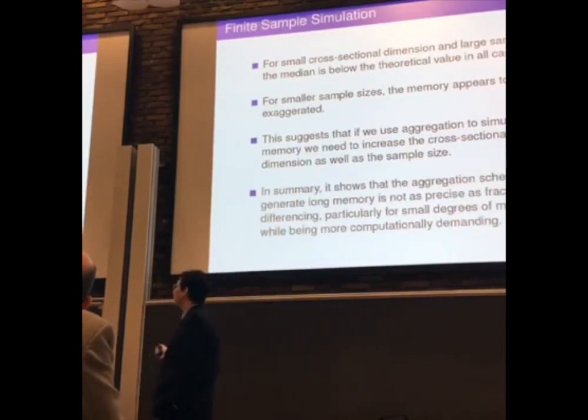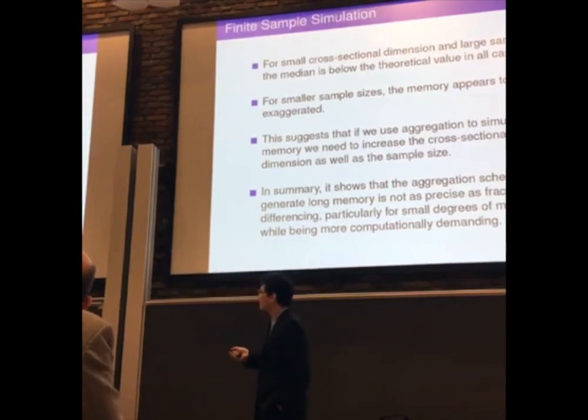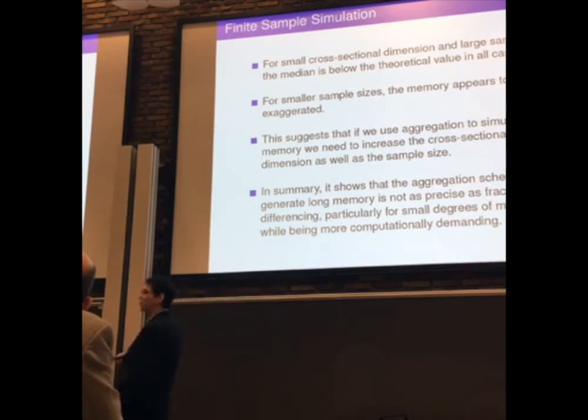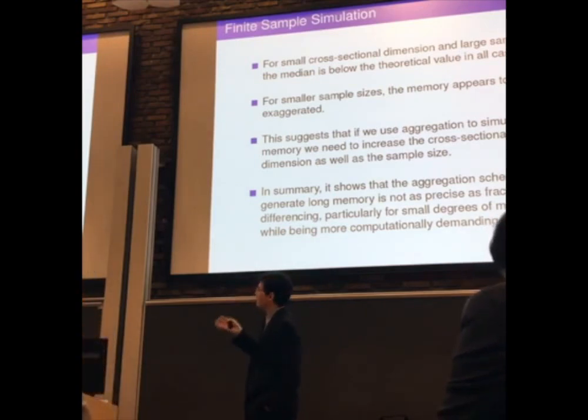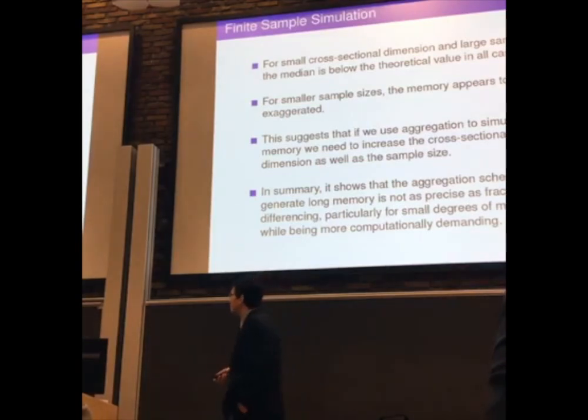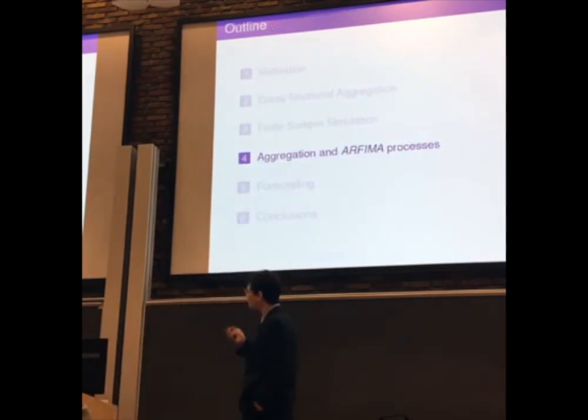And so in summary, you can generate long memory by this procedure. It's not as precise as fractional differences, as we saw in the table, so we are generating more memory than we wanted. And it's more computationally demanding. Fractional differences, now using the fast Fourier algorithm that we have, is really, really fast. And here, generating 10,000 layer 1 processes takes time, and just for one series in particular. So it's computationally demanding, and it's not as precise. So yeah, not great for simulation purposes.